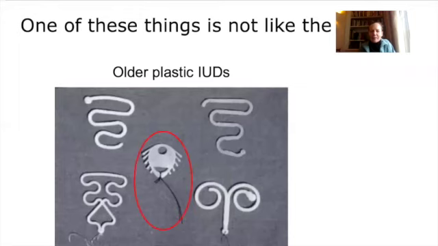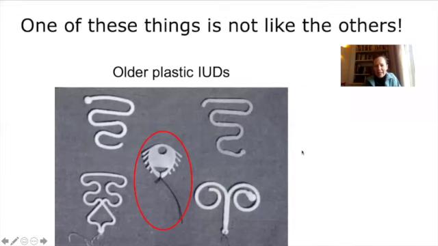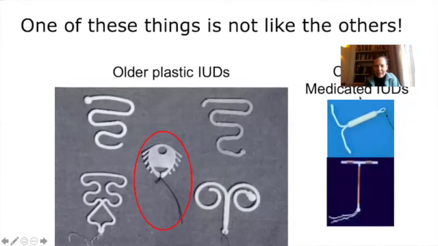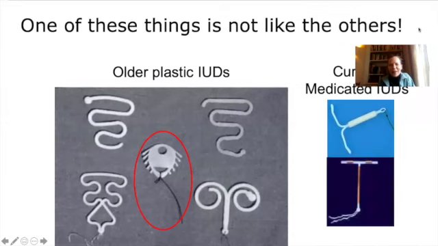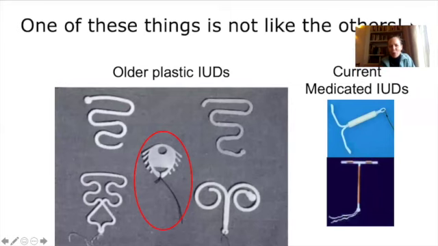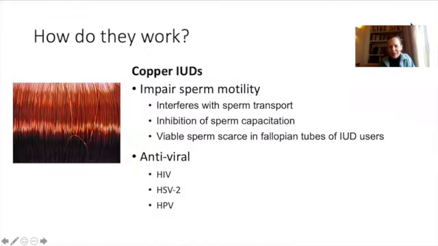And many of these early ones were made out of plastic, and that added some advantages in that they were more flexible. One of these IUDs, we need to be very clear,